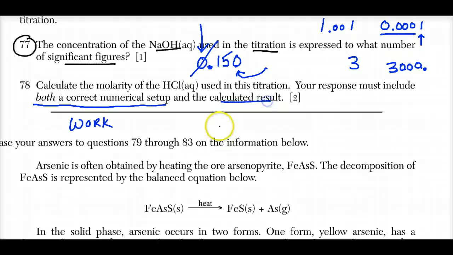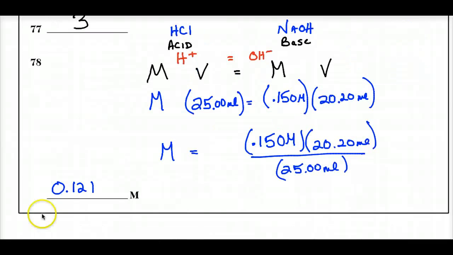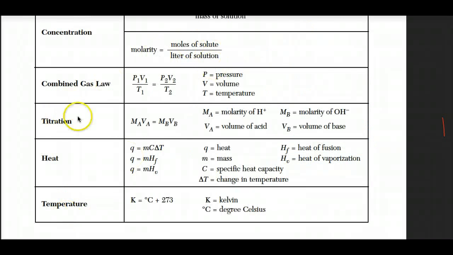And of course the answer. Okay, so we'll do this on the booklet. Okay, so this is a titration problem. They said it in the problem, and I'm going to use MV equals MV. And I know that formula is given to me in Table T. And there it is. Molarity of the acid, volume of the acid equals the molarity of the base times the